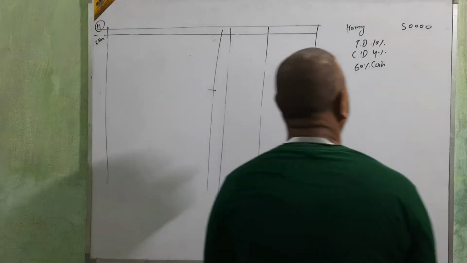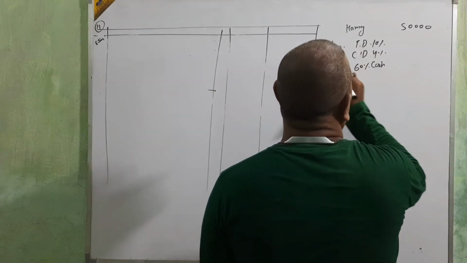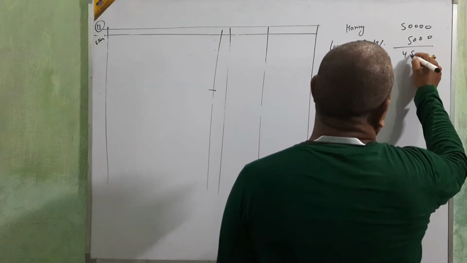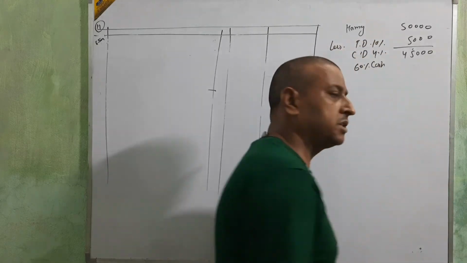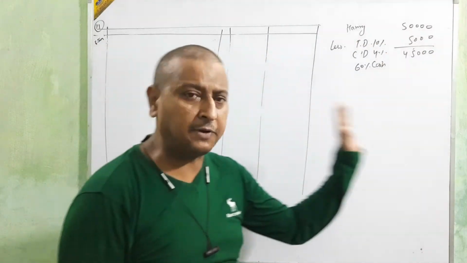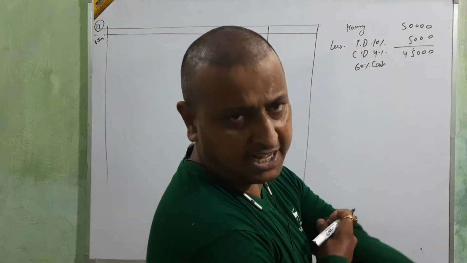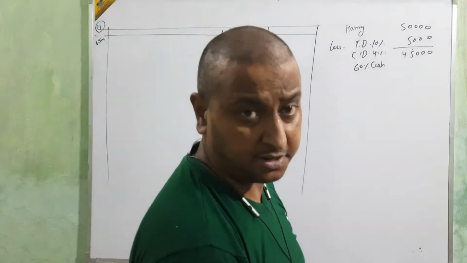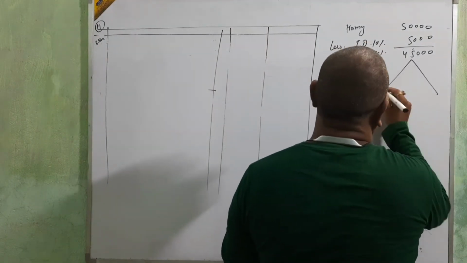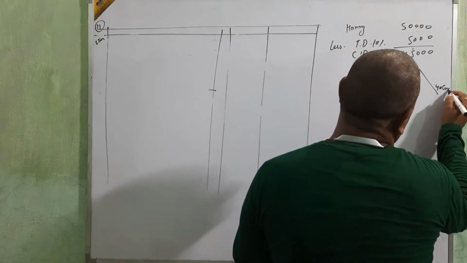Okay. Now again same thing is start. 50,000 less trade discount 10%. It means 5,000. 45,000. Up to this is clear, I think. Up to this is clear, na beta? 45,000. First we are going to less the trade discount. Okay, beta? First we are going to less the trade discount. Then 60% in cash, 40% in credit.